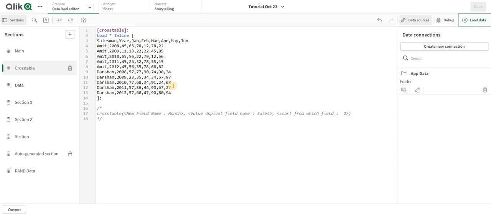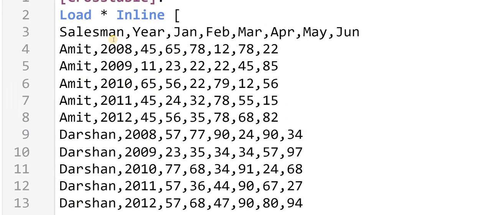Hey guys, welcome back. So there is one more concept called the cross table. So what does this cross table actually do? The cross table helps you to segregate your data. So let's say I have some inline script here saying that there is a salesman year and these are the